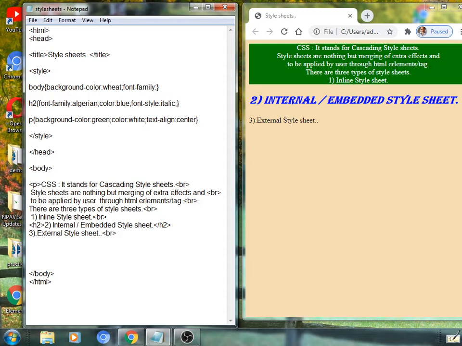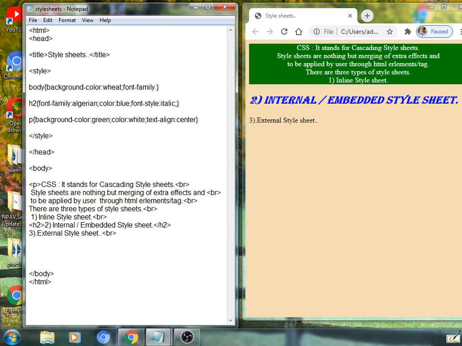Already we have chosen the selector H2 and the selector P with their effects, but here we are applying body as a selector having a common effect as background color, width. Now we are giving a font, it should be applied, no doubt. So a font name to be given.